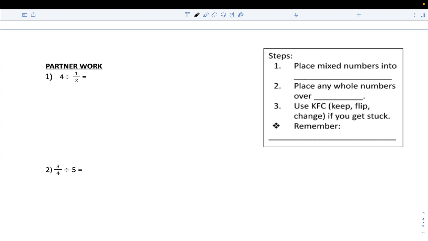As you're doing these, your goal is 100% accuracy. I'm going to give you some notes over here to keep glancing at. Your first step